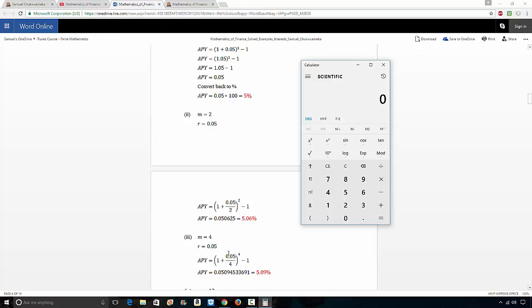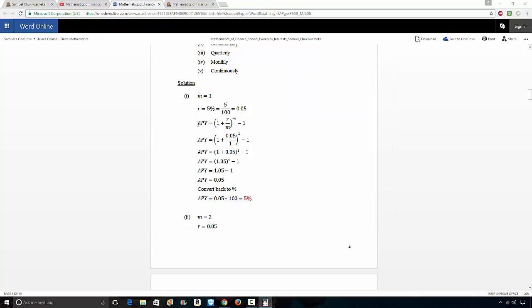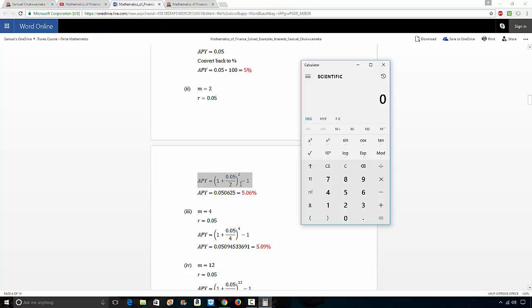So this is the formula for APY, which is also known as the effective interest rate or true interest rate. I explained it in the videos on APY. This is the formula right here. Let's do the semi-annually. So I have 2 here, so let me keep it. I will start with the parentheses,